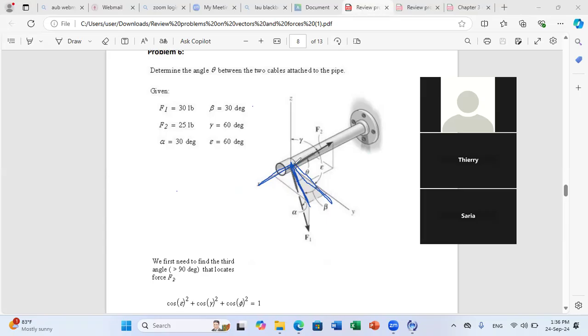If they gave you the angles with the axis directly, if you look at F2, they gave you directly the angles, one with Z and one with Y. They directly projected on the axis, while for F1 they first projected on plane XY, then they gave you an angle to project